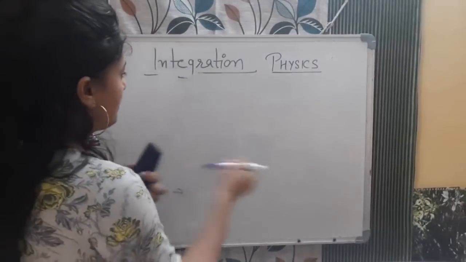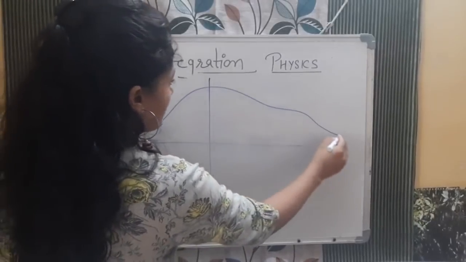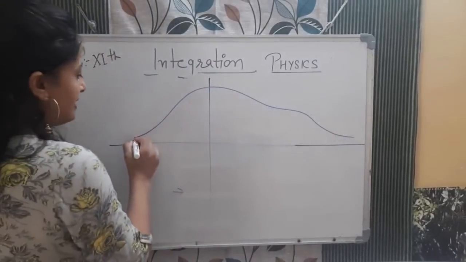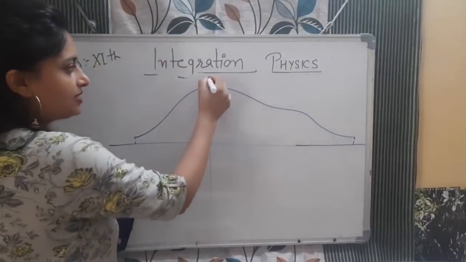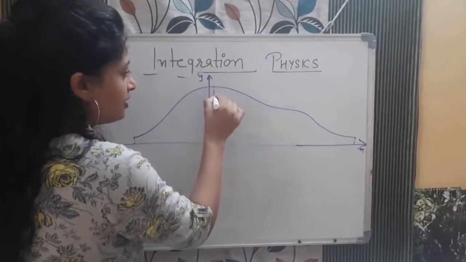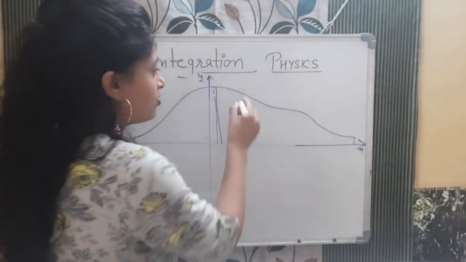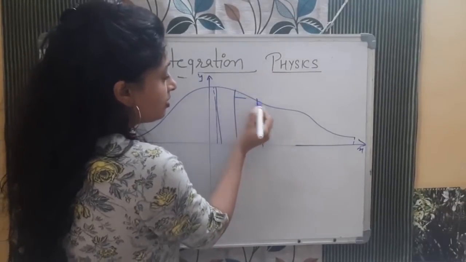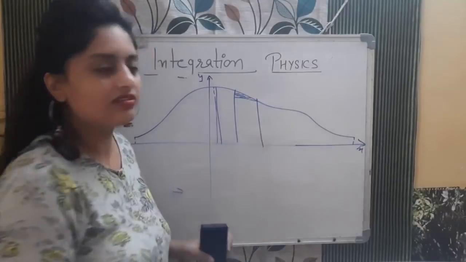For example, if I say the area of this, starting from here and going like this up to here, and I ask you to calculate the area, children, what will you do? See, this is not an exact shape. This side is the y axis, this side the x axis. To calculate the area, again you need to choose very fine strips. And I already told you why you cannot take wide strips: if you take a strip this wide, this much area will be left and the result will not be exact.